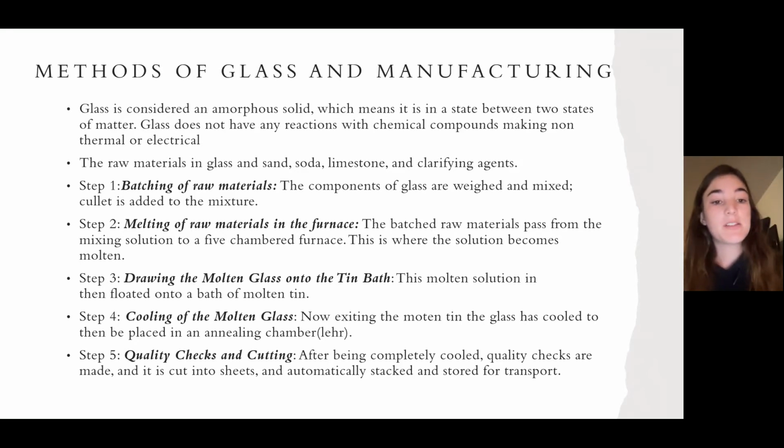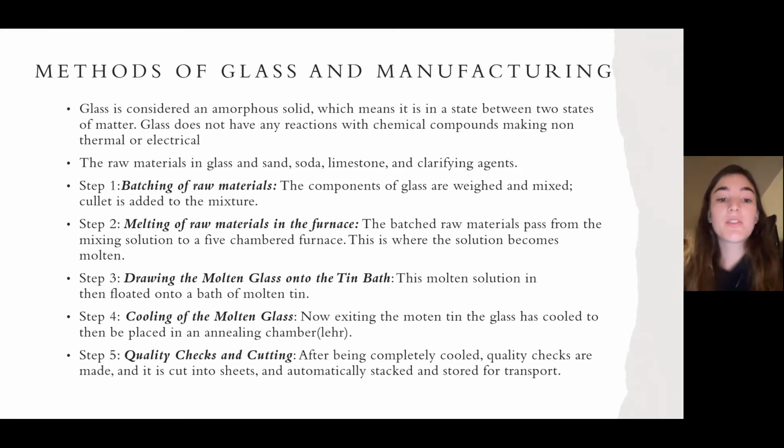Jumping into the steps of manufacturing the glass. Step one would be batching of raw materials. The components of glass are weighed and mixed. Cullet is added to the mixture. Cullet is recycled glass, and by using this, it reduces the consumption of energy. Step two,